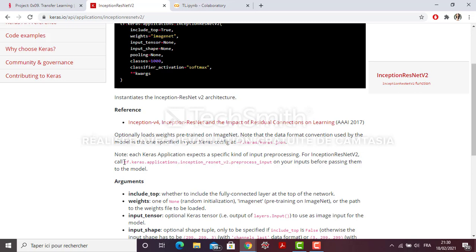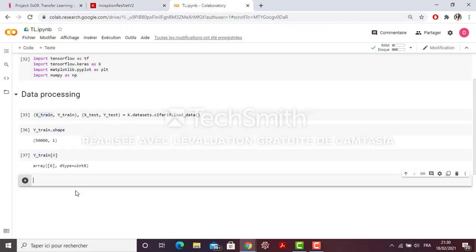Okay, so to pre-process our model, we need this function. This function will be used for the input. Let me define a function called preprocess_data.